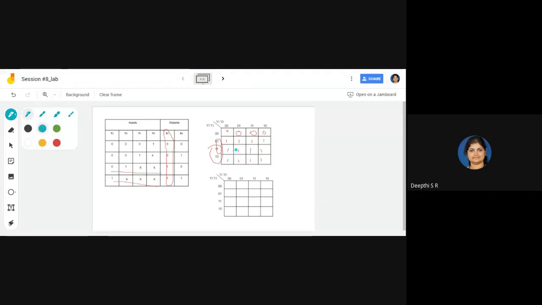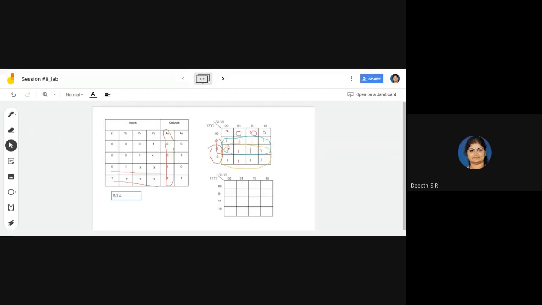So after this we have to group. Okay. So how can we group? You have one group here, and one more group here. So now can you get the equation for A1? What is A1? From this grouping, can you get the equation?